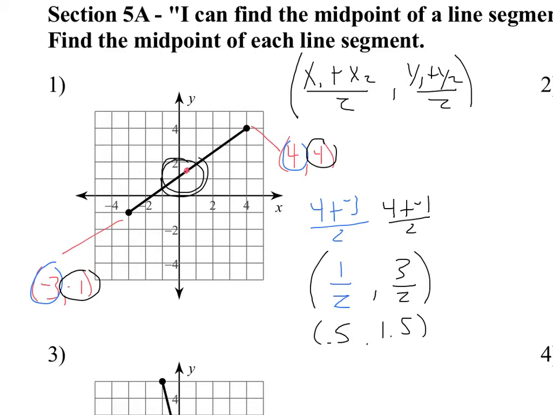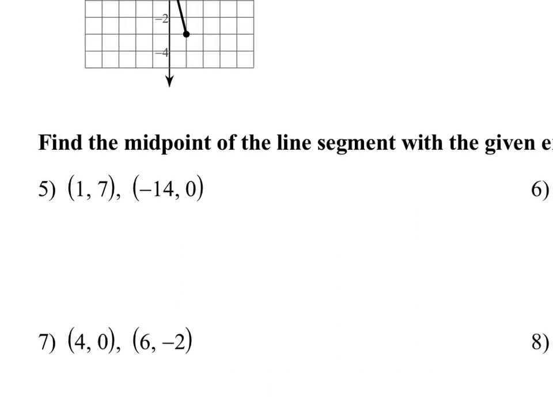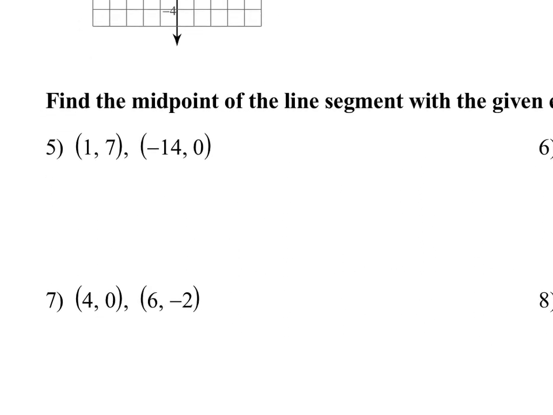And that's the use of the formula as well. Typically, we aren't given a picture of it. More likely, we're given just the 2 coordinates. But the rule is the same. We would take our x's and add them together. 1 plus a -14 divided by 2. We take our y's and add them together. 7 plus 0 divided by 2, which would give us